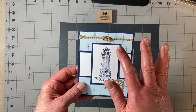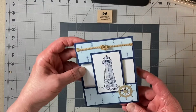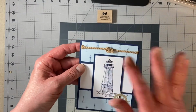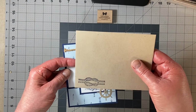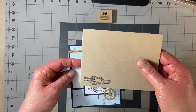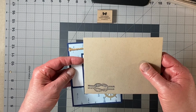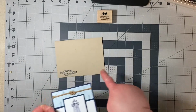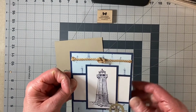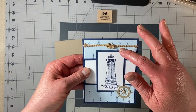This trim is craft rope trim. It's retired as well. And what I did here is I had stamped the envelopes with this rope knot in the rope, and that was part of the Sailing Home stamp set, and I went online to look how to make that, and then I made my own. So don't ask me what the name of that